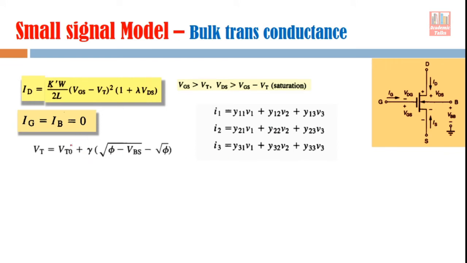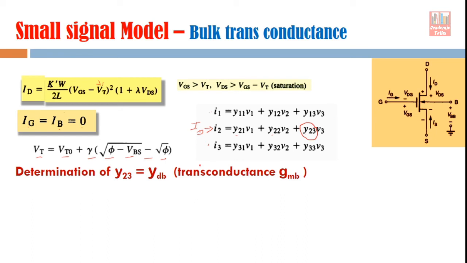Now see here, we have mentioned one more equation in this model, VT, because now we are going to differentiate this ID with respect to VT. So our purpose now is to find out this third parameter. One by one we are finding these three parameters for this second equation. We are not doing anything for the other equations because I1 and I3, they are Ig and Ib, they are 0. So we are using only this particular equation because that is our ID, and we are differentiating ID first with respect to first terminal voltage, then with respect to second terminal voltage, now with respect to third terminal voltage.